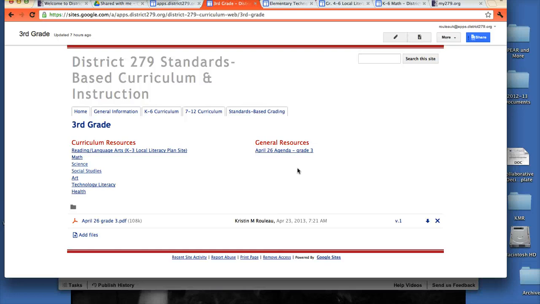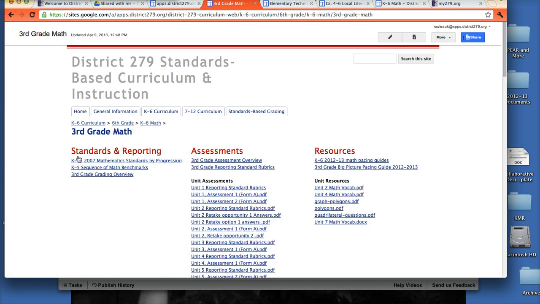That information will be here, and I'll be adding the overview document that is just a printout of all of the information I shared about curriculum resources that will be in this area as well. Next, if you just click on any of these links for curriculum resources, you'll see what's available. In math, I have simply moved documents from the U drive over to this site. After we finish revising assessments, this will all change because, as I said, I want this to be the location where you can count on finding the most current materials.